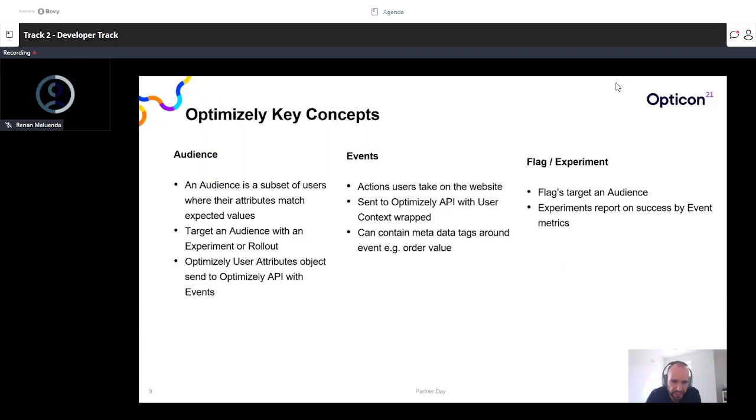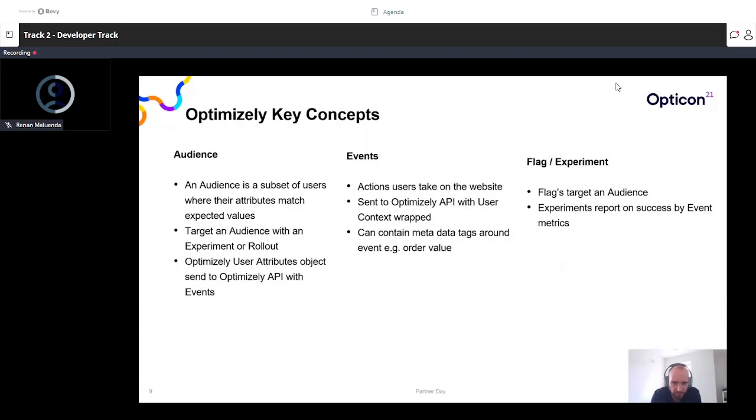For example, the current user may have a language attribute. And then an audience is a subset of all your users, where one or more attributes match expected values. What I mean by that is customers whose language attribute matches English could be your English-speaking audience. So there's backend code which builds up the current Optimize user attributes object, and then that is sent to the Optimize API with events,